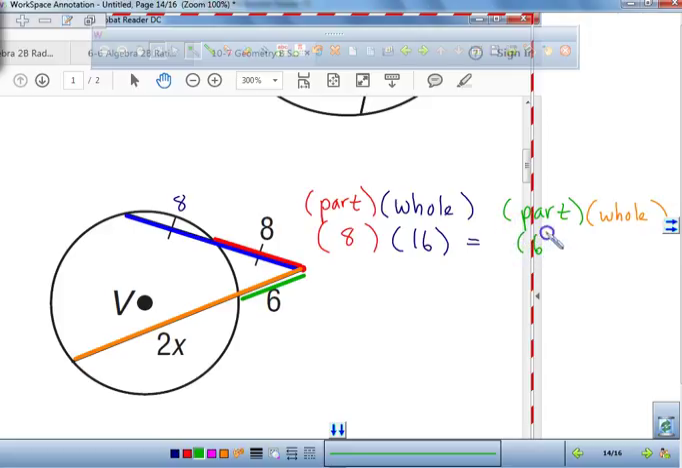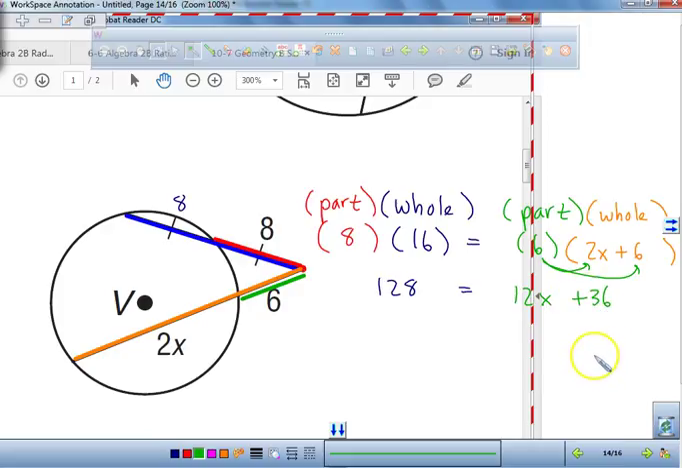All right, so what's the part equal to? What's our distance? Just a 6. What's the whole length? What do we have to add together? We have to add the 2x, so that would be 2x plus 6. So we have the part times the whole equals the part times the whole. I'm sure somebody in this room has multiplied 8 times 16 together. Yeah, 128. Equals. Now we need to distribute the 6 to both numbers, and we get 12x